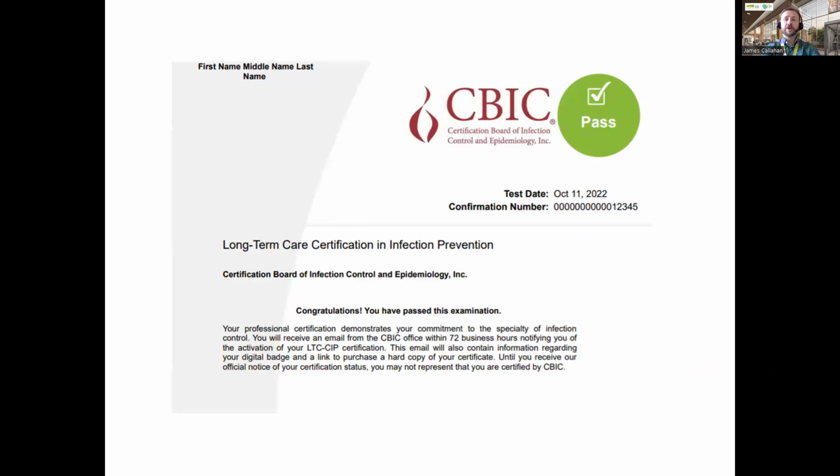And here's your ultimate goal. We all hope, and our intention here is to help you obtain your LTC-CIP certification. After you submit your final answers on the exam, there's a short survey, and you'll find out immediately if you're successful in passing the exam. If that's the case, you'll be emailed this certification right away, with your name and LTC-CIP, and you can start using that designation directly after you've challenged the exam and you've passed.